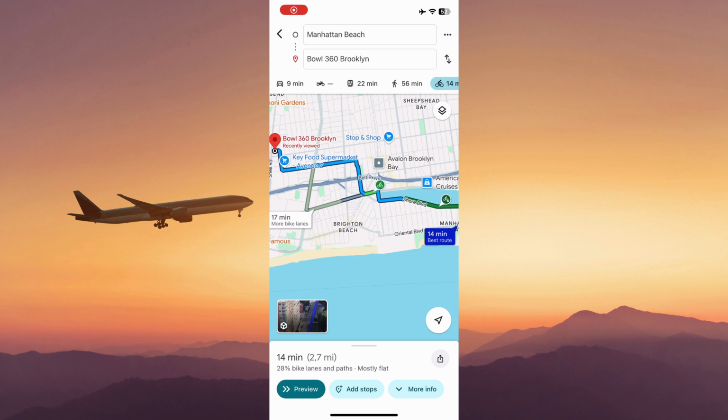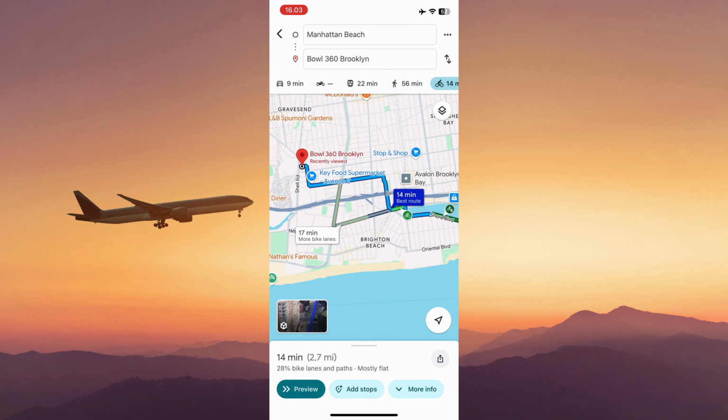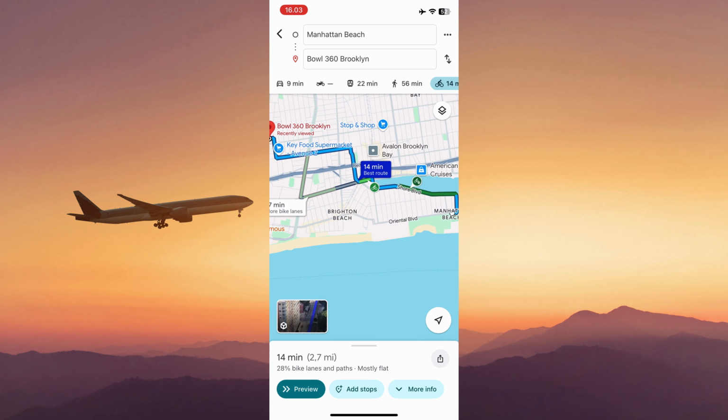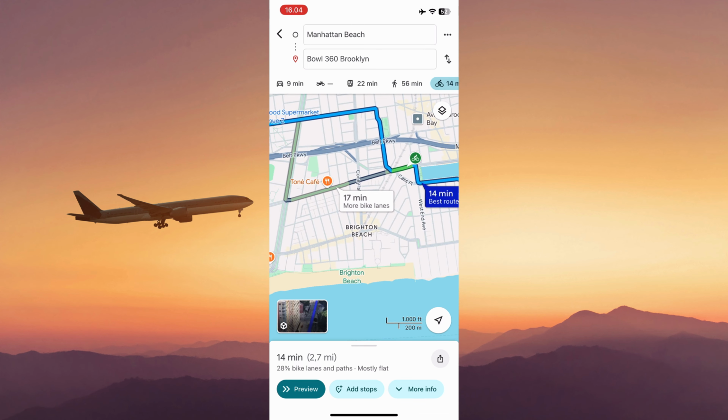How to add multiple stops to Google Maps. So for example here, I want to go from Manhattan Beach to Pier 36 Brooklyn, but I want to add multiple stops. The first one is I want to stop at this Tony Cafe, and what you want to